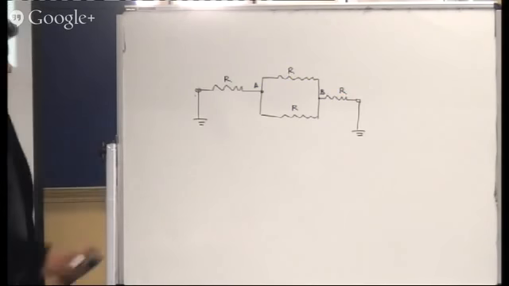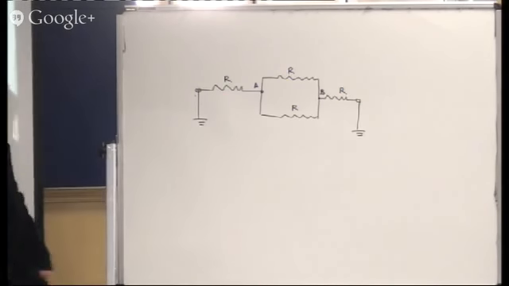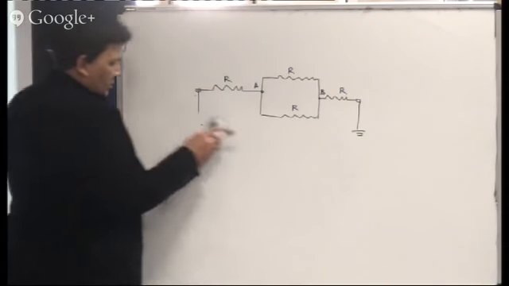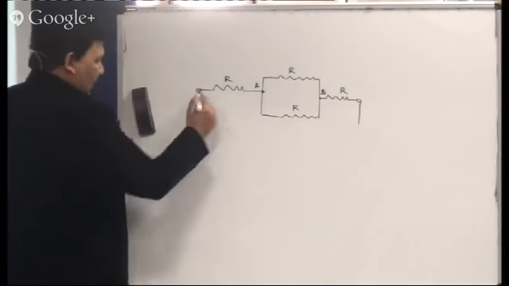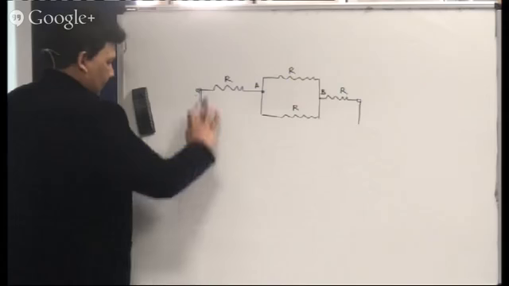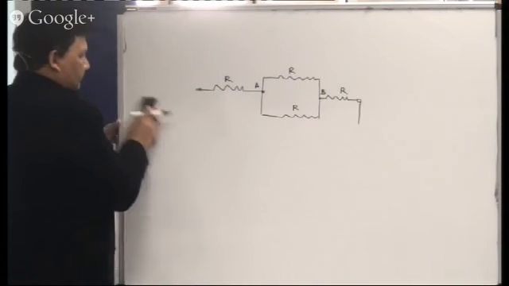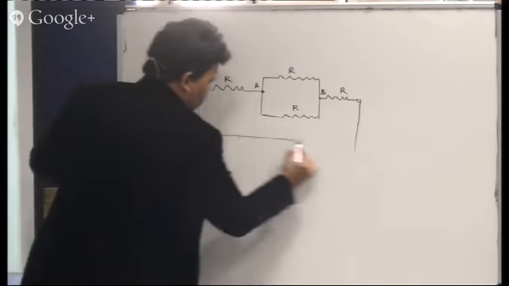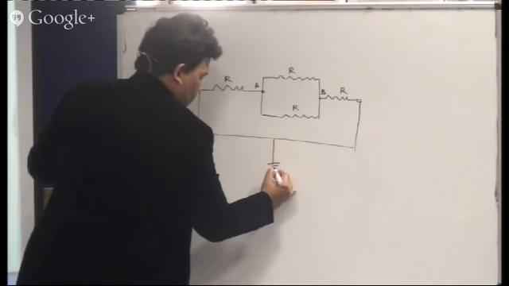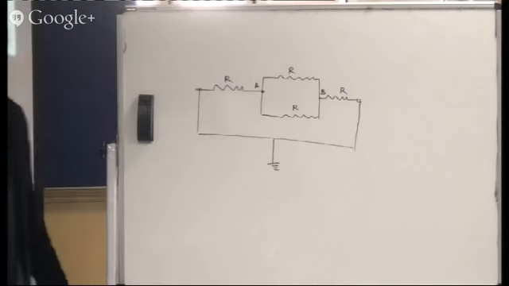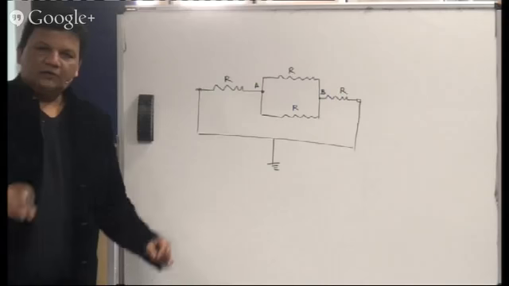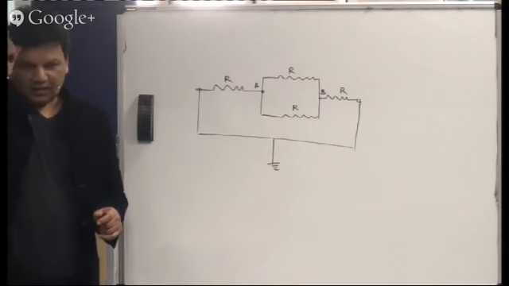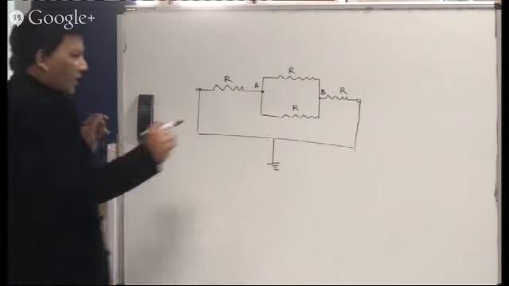Okay, now let me do some redrawing. Both are grounded. Can I ground them together? Can I do that? Now, when I say find the equivalent resistance between A and B, what I mean is that if I could